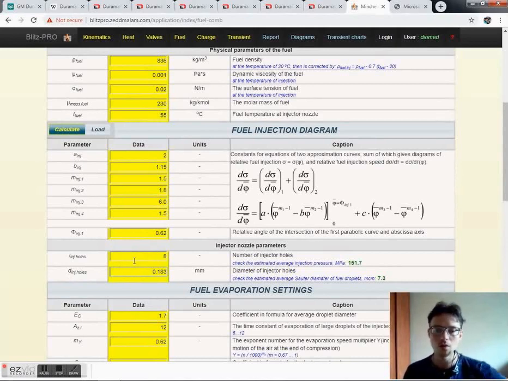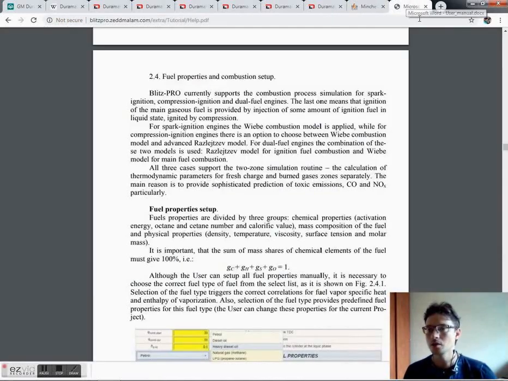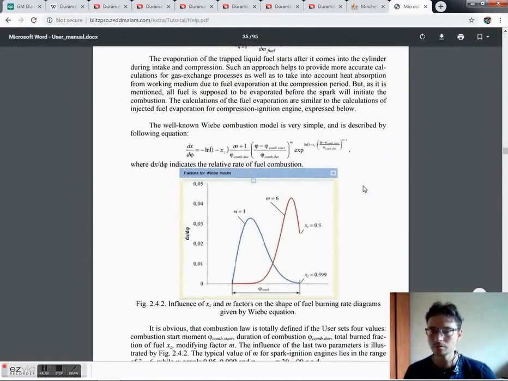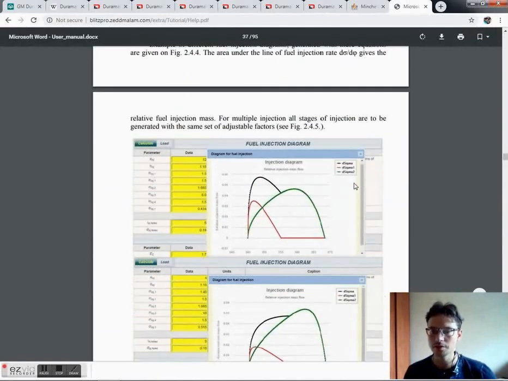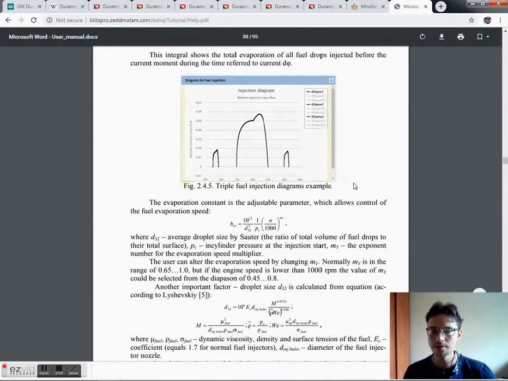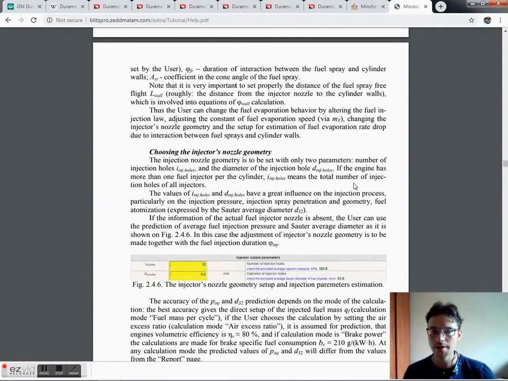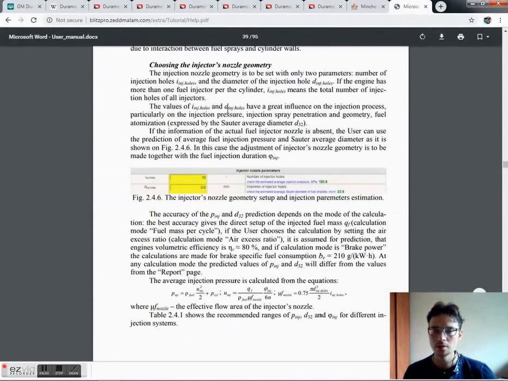The situation is possible when we have neither the number of injector holes nor their bores. So we can use some advice from the tutorial